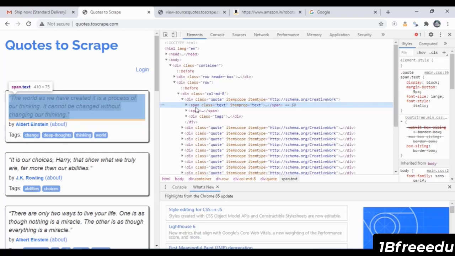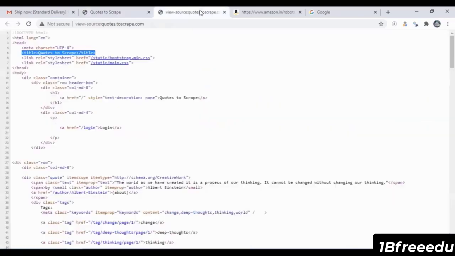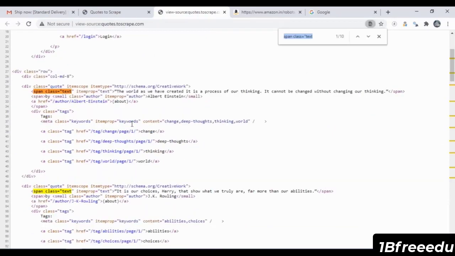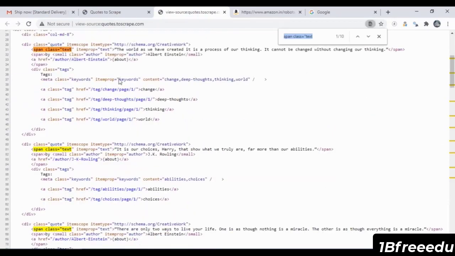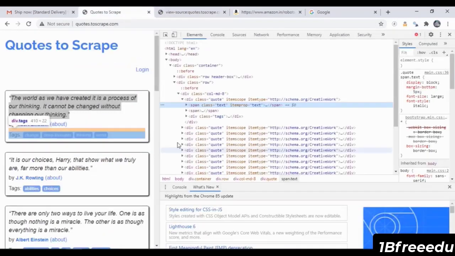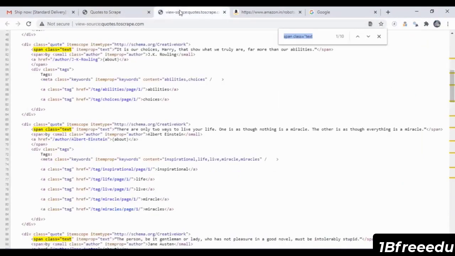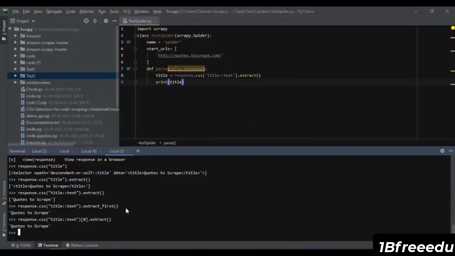One thing you need to do is make sure that we have only that particular span.text. So I'll just copy and see if we have any other place. Here you can see only the text content has this feature. Here we have 10 quotes. So this particular code will have the common functions or CSS selectors being used. So I'm going to fetch the text. How we will do the fetching is